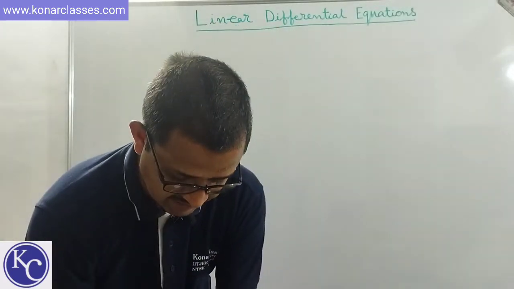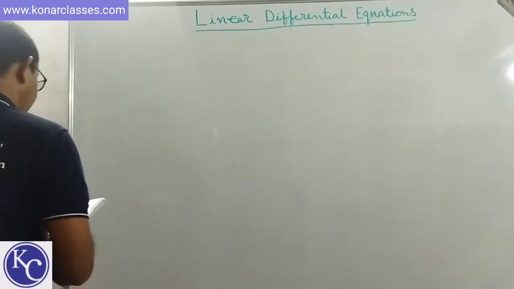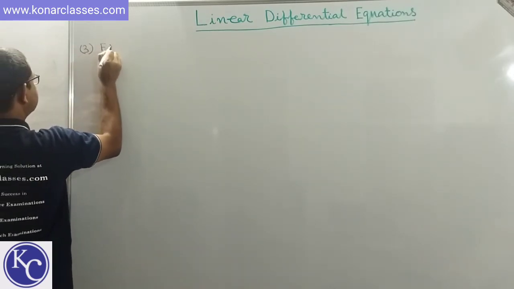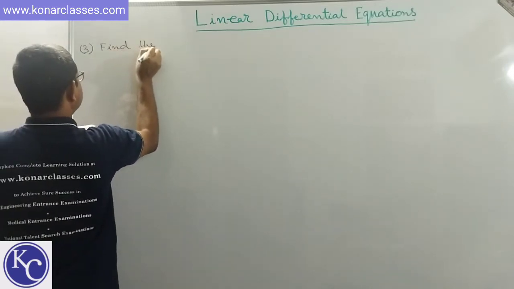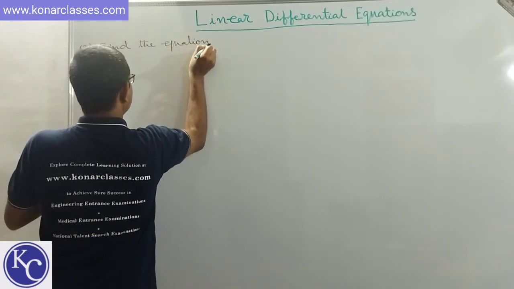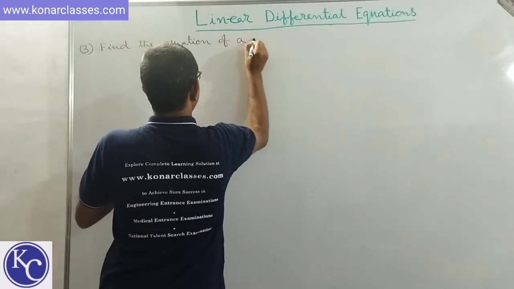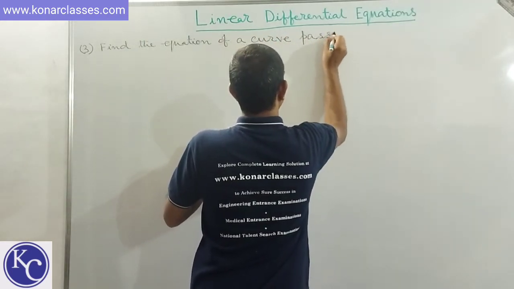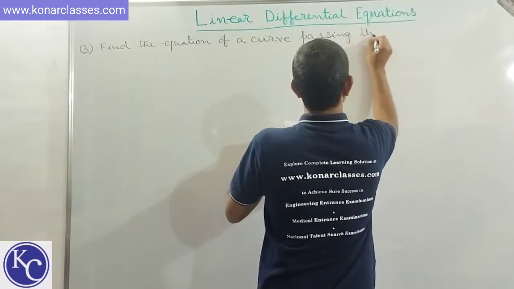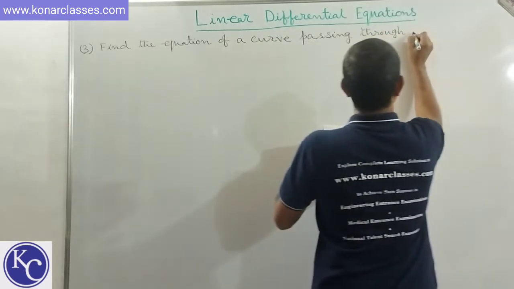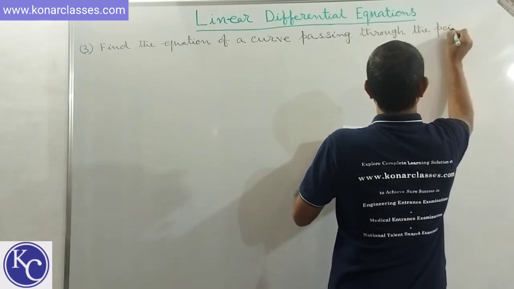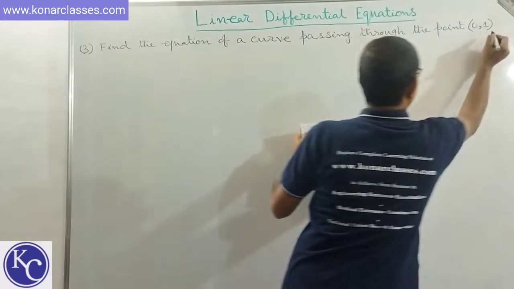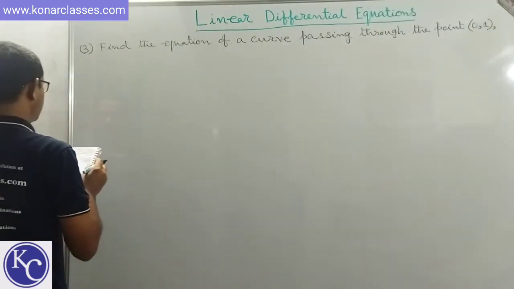Okay, so the last question for today's session, I am going to write it here. Find the equation of a curve passing through the point 0, 1, if the slope of the tangent to the curve